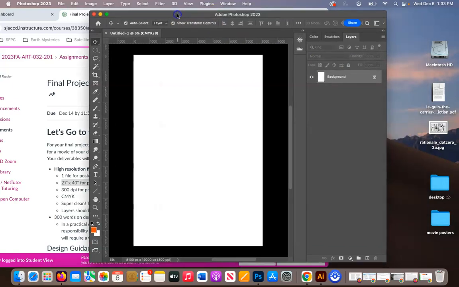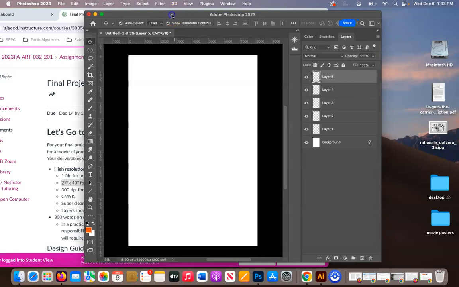So now I've got a 27 inch by 40 inch rectangle at 300 DPI. This is where I'm going to make all my designs for my poster. I'm going to create many layers so I can use non-destructive editing techniques that we've learned, and I'm going to have a lot of fun with this. Now, if I'm using